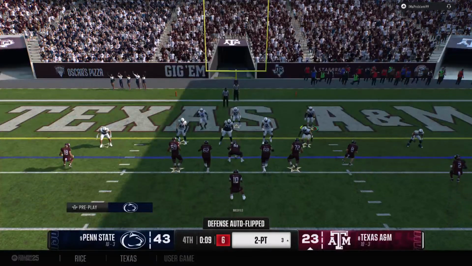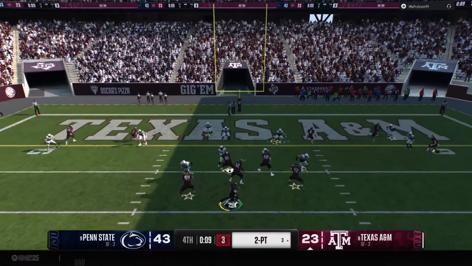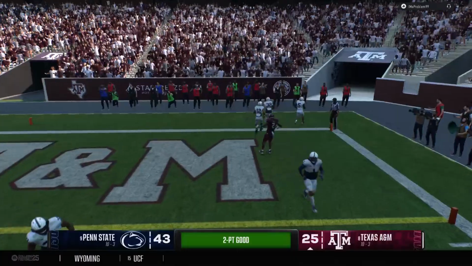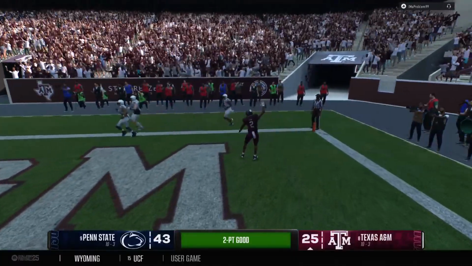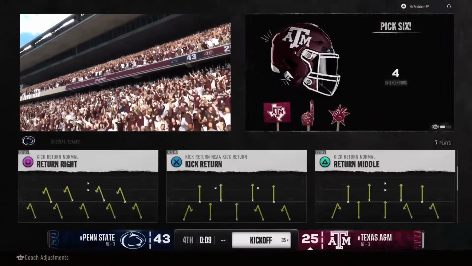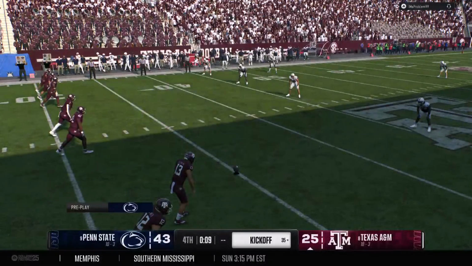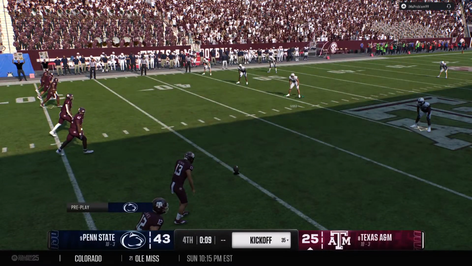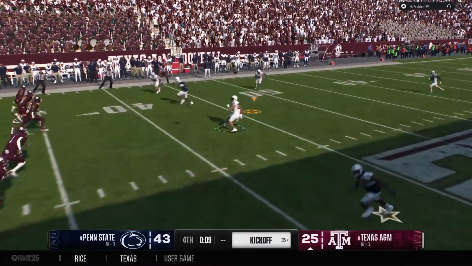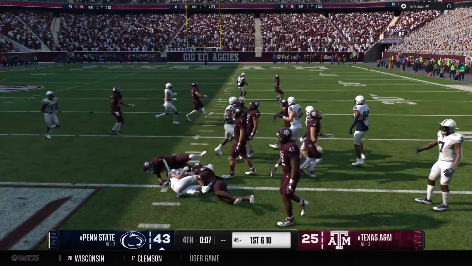Empty set as they try for the 2-point conversion. Quarterback looking to connect with the receiver here. And it's caught in the end zone for a 2-point conversion to cut into this lead. Oh, how about this call? They completely spread the defense out with this empty set. 5 wide, not even the option to hand the ball off, and they still get it done. Great timing by the quarterback and his receiver. And the hands team able to make the crucial recovery.